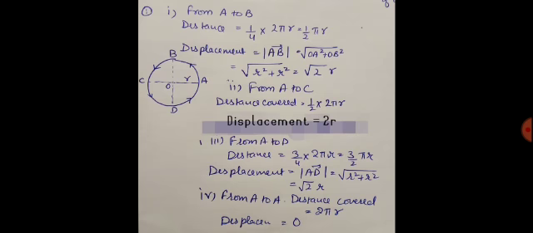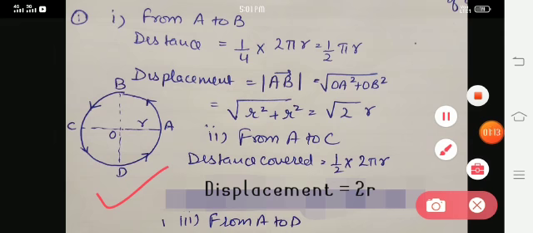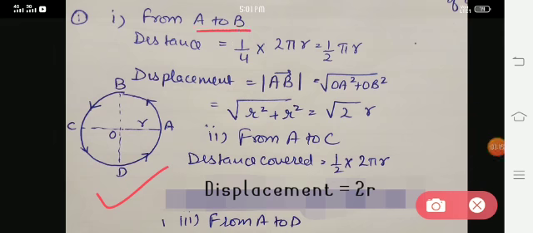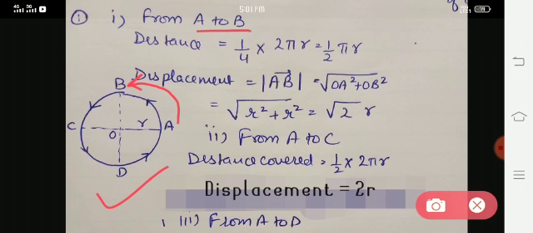We have this circle given in this figure. Now for the first case we have to find the distance from A to B. Now you all know that for finding this, it is 1/4 of the distance of this circle, which will be 1/4 of the perimeter, or you can say circumference of the circle, and you can easily calculate it like this.